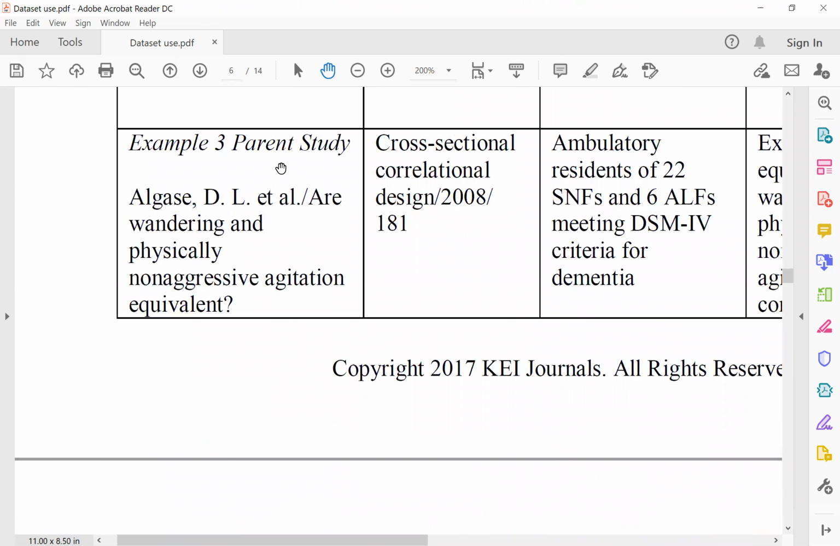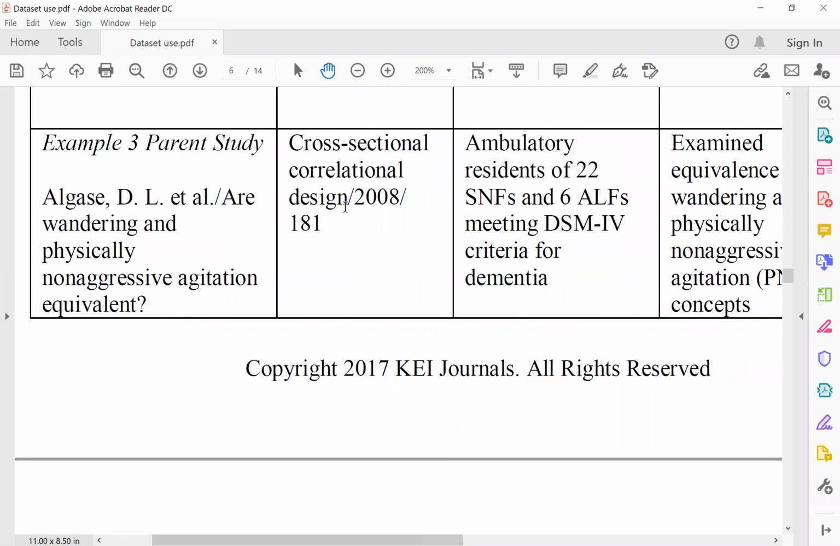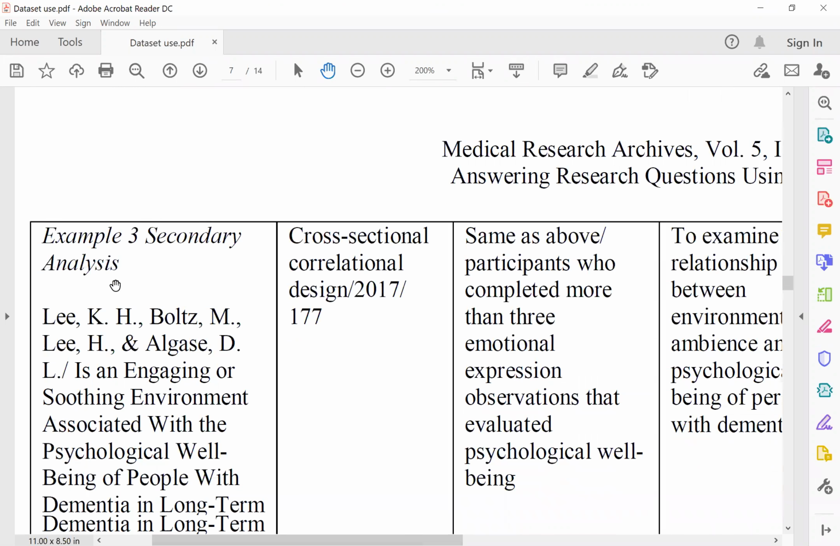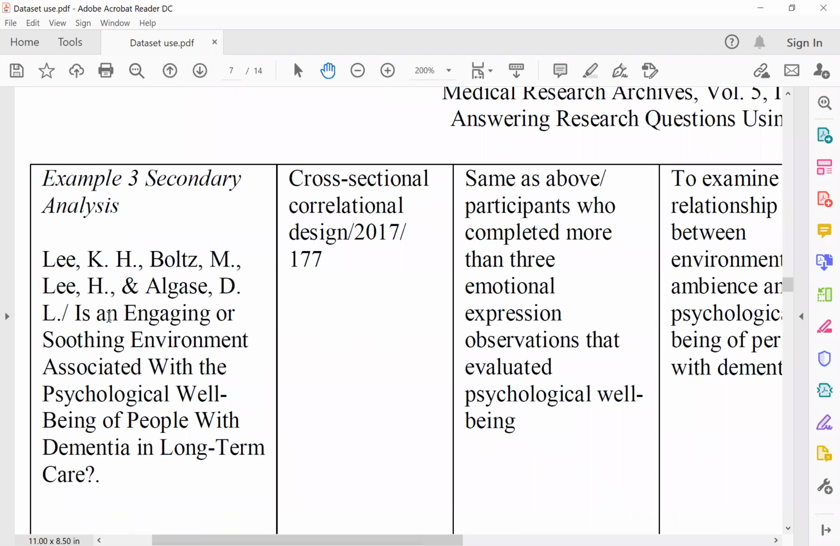And then you have the third example, parent study: are wandering and physically non-aggressive agitation equivalent? Cross-sectional correlational design in 2008, and it involved 181 subjects. The secondary analysis example asks, is an engaging or soothing environment associated with the psychological well-being